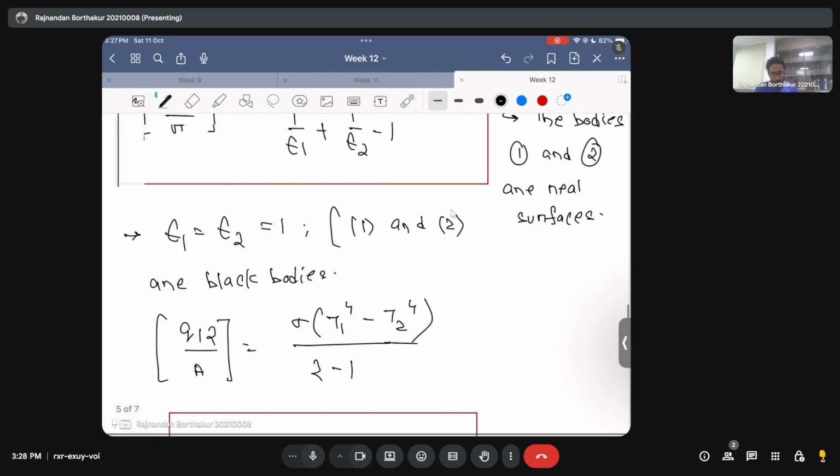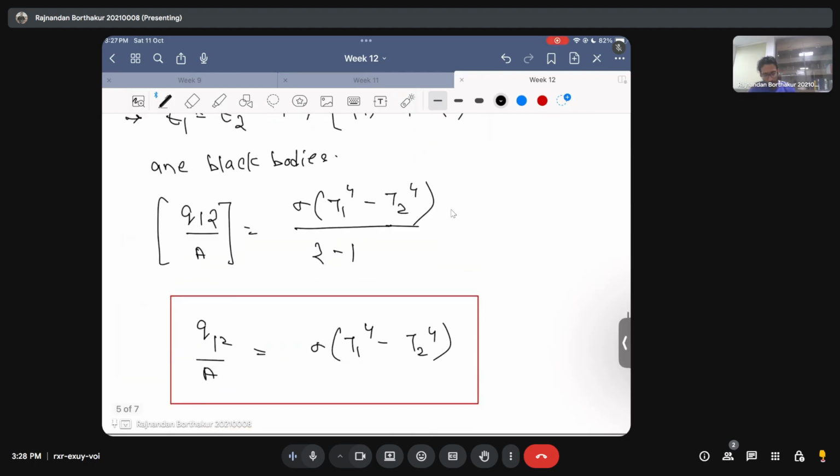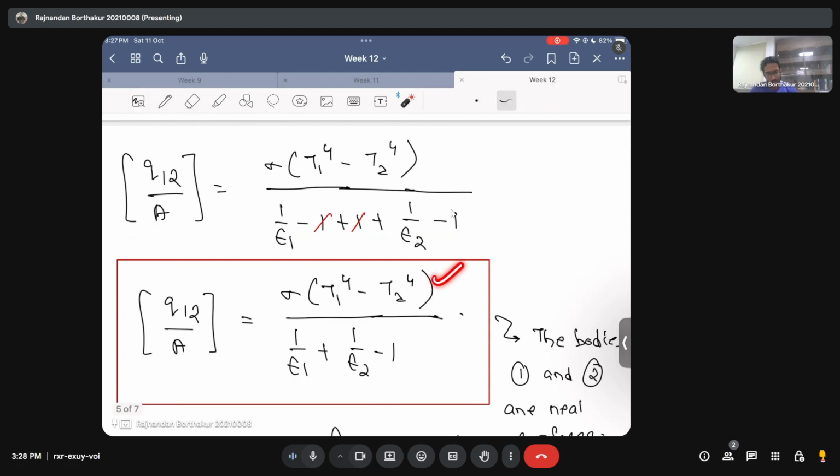Okay, so this is the net radiation exchange for the case when they are black surfaces, and this is for the real surface. Anyway, I believe you can now appreciate the power of the radiation network that we have used